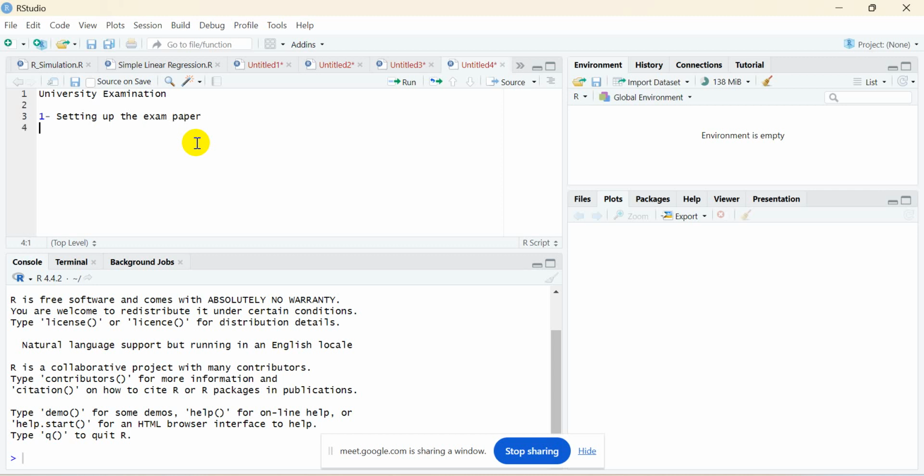Another department is managing the students and centers: at which centers the examination will be conducted and how many participants will take part in that particular examination. Those details are handled by a separate team. They manage the students and the number of centers, or the place of centers, where the examination will be conducted. The third thing is